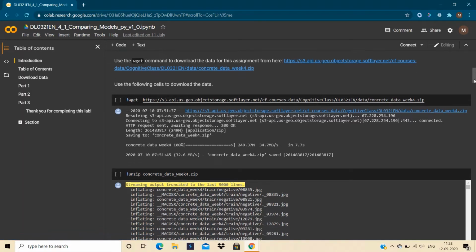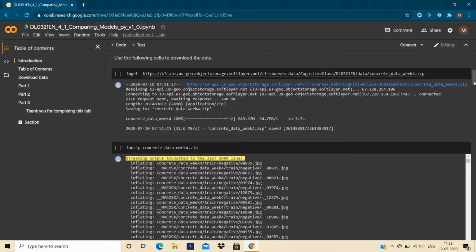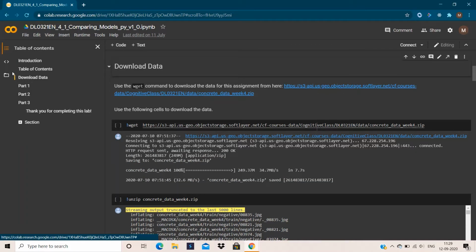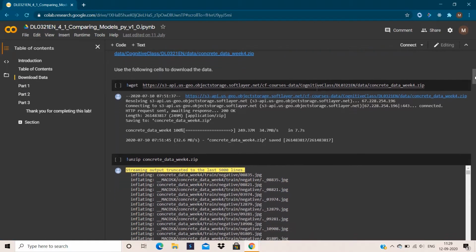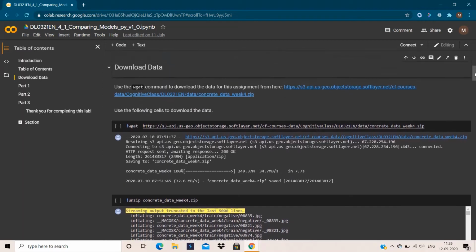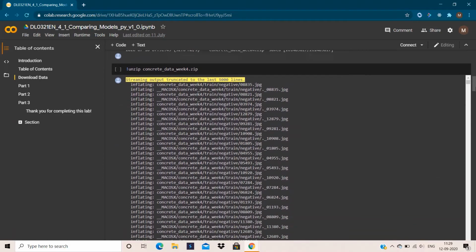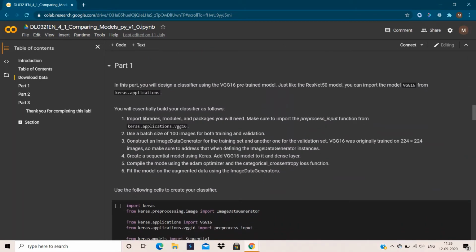Like in the previous tutorial, if you remember, we had used a dataset that consists of concrete images, and there were two labels, positive and negative, where the positive label consists of concrete images that contain cracks, and the negative portion contains the images without cracks. So similarly, this dataset also consists of all these, and after downloading and unzipping this dataset, we are going to